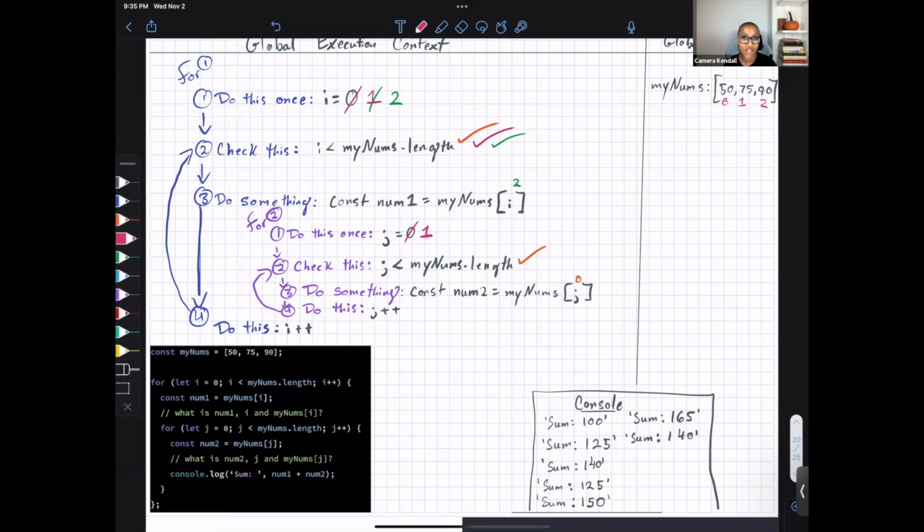We just incremented J, so now we have to check our condition. J is 1. So we check the condition that 1 is less than my nums dot length, which holds true. So then we do num2 equals my nums at J, assigned the value of my nums at J, which is 90. So num2 is 90. And then we console log num1, which is